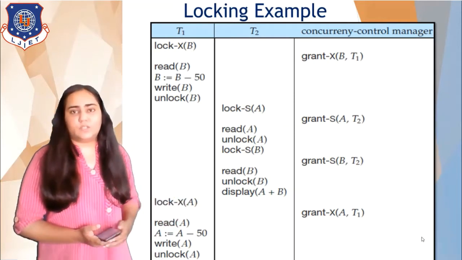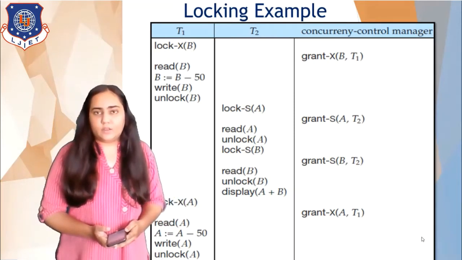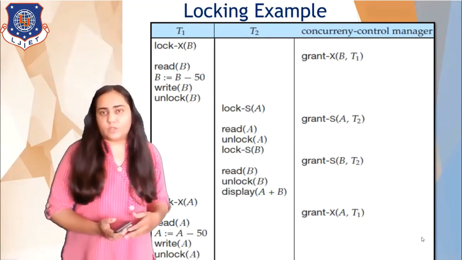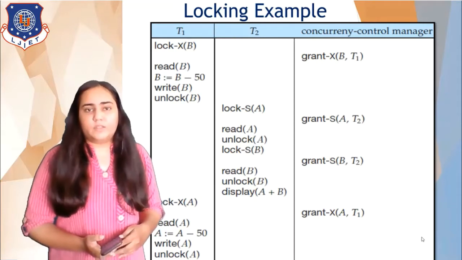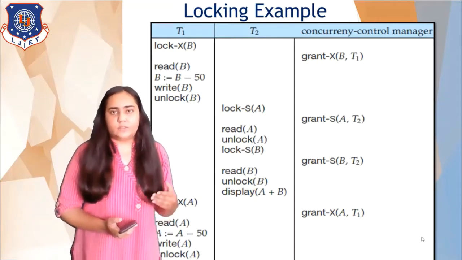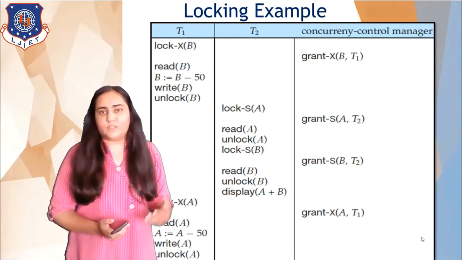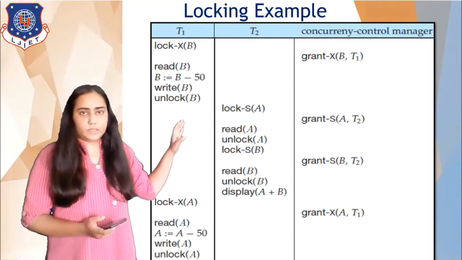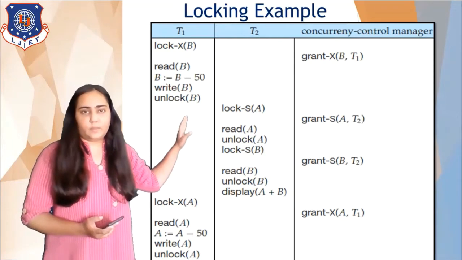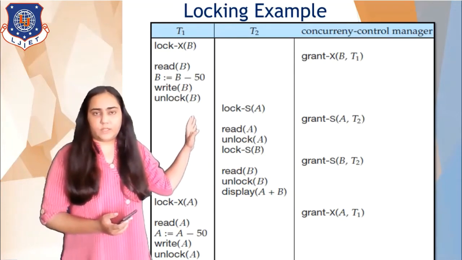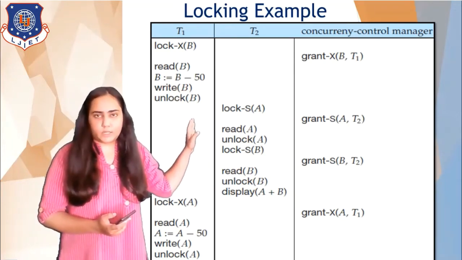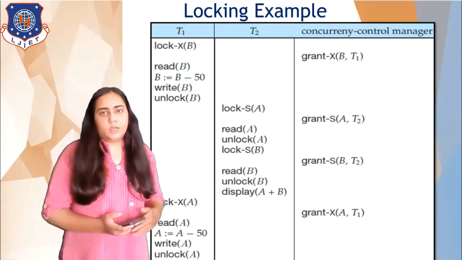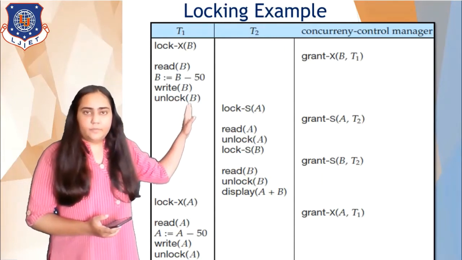As you can see, it is written grant X B on T1, which is my first transaction. So T1 is given access to this X lock. X lock stands for exclusive lock on the data item B. So you can see that once the read is over and the write is over, then the transaction is going to unlock that data item so that other transactions can access it. And you can see once that is done, then there's the